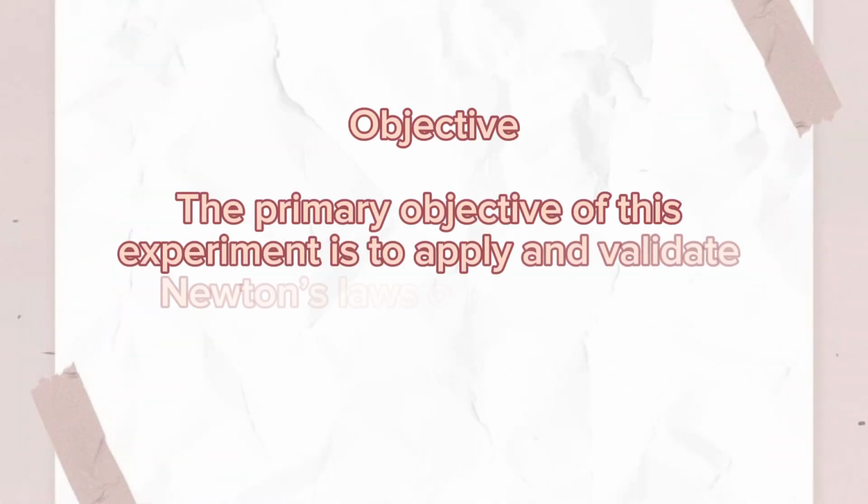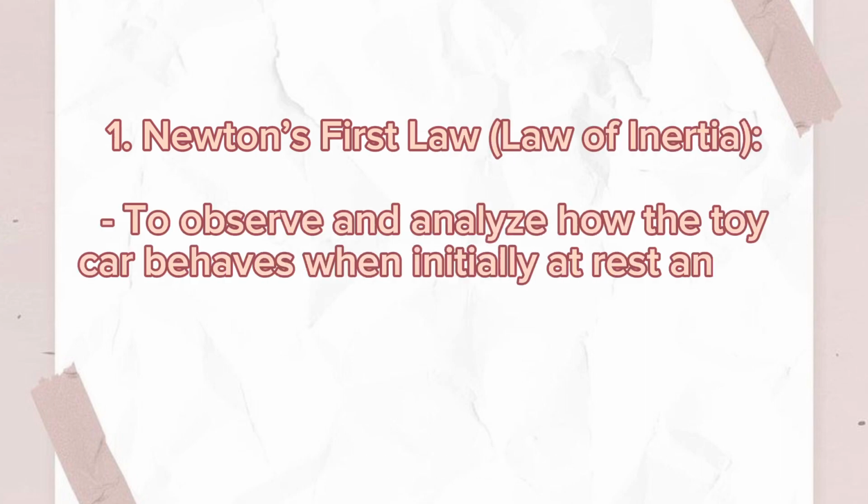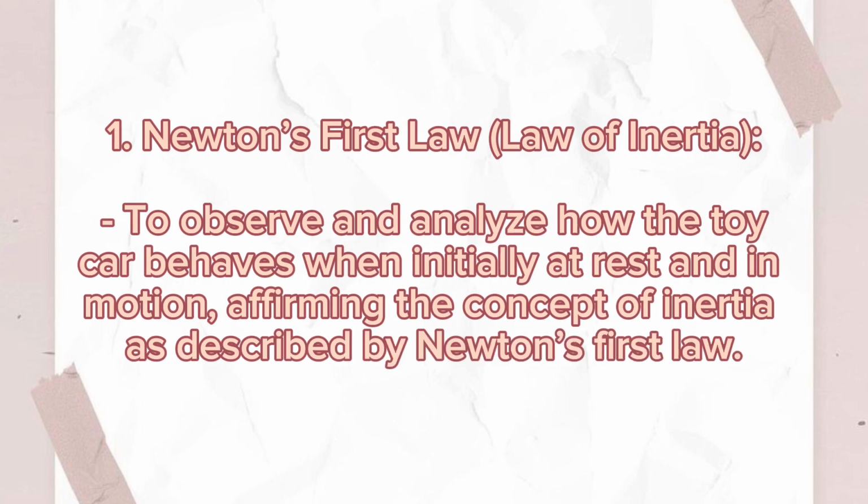The primary objective of this experiment is to apply and validate Newton's laws of motion using a toy car. Specifically, the goals are: Newton's first law, or the law of inertia, to observe and analyze how the toy car behaves when initially at rest and in motion, affirming the concept of inertia as described by Newton's